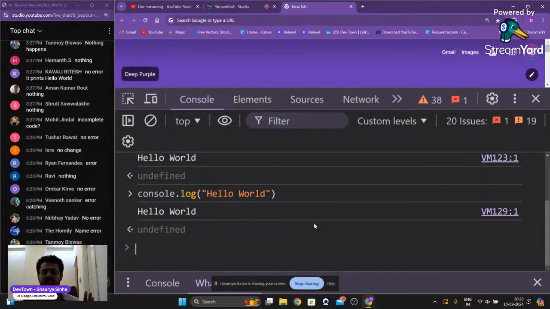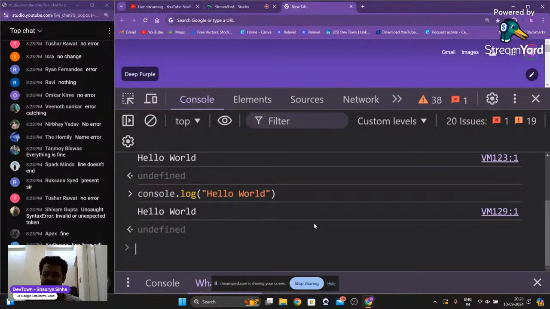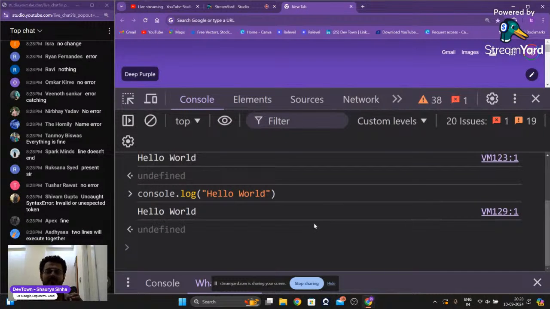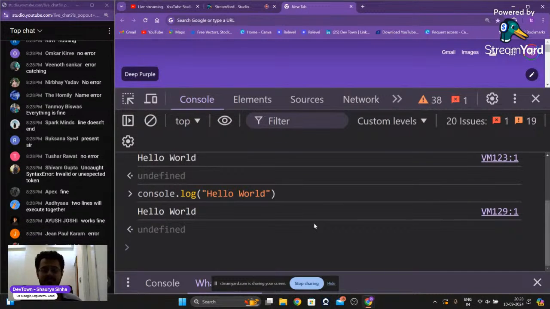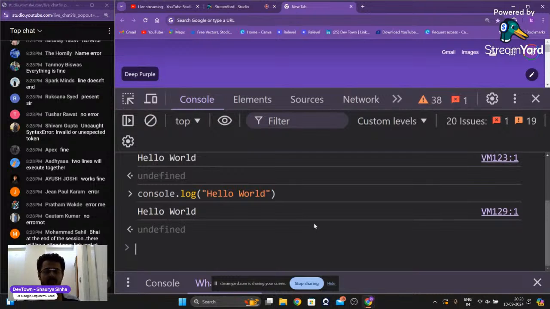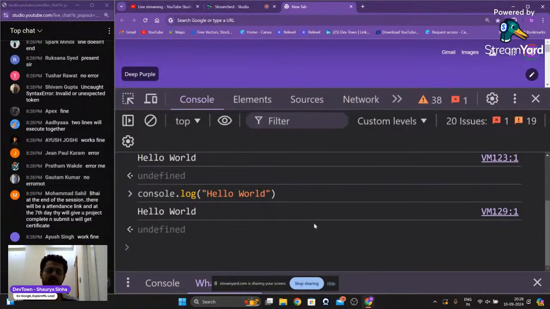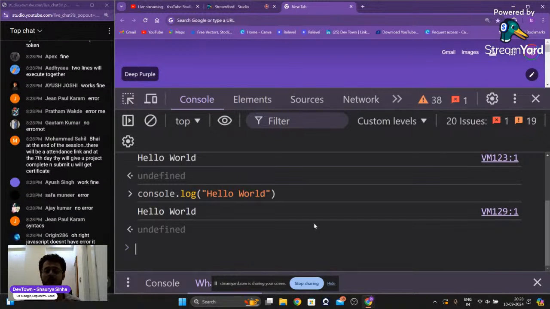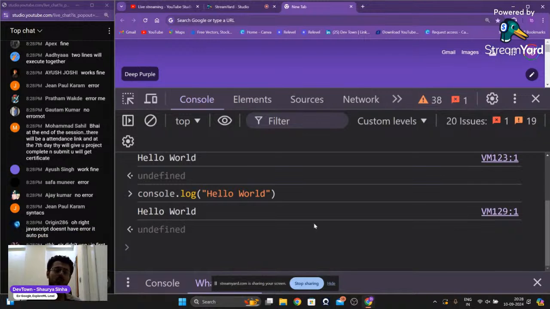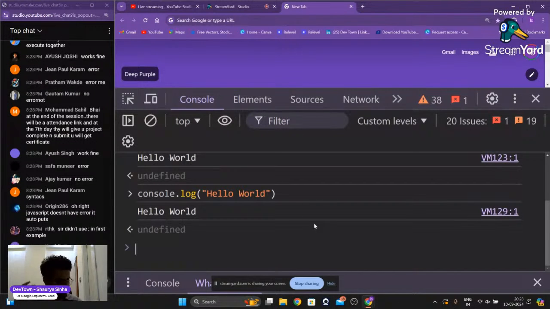If I press enter, as you're able to see, everything is fine, there is no problem. We are not getting any kind of errors. We are still getting hello world on our screens. Now, this is working fine because JavaScript has become intelligent. Even if you don't put up a semicolon at the end, when JavaScript is trying to process what you have written, it will put the semicolon for you because it has become intelligent enough to do that.